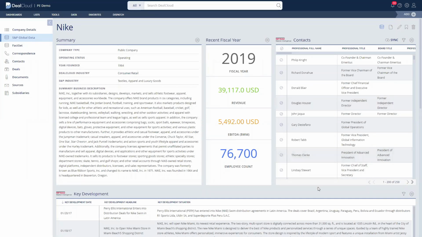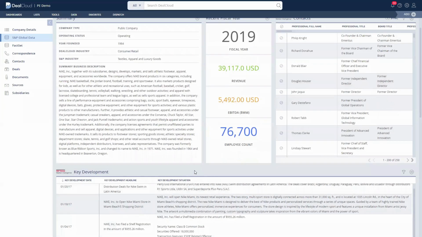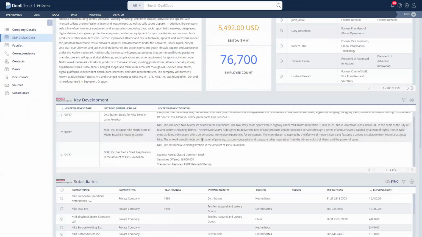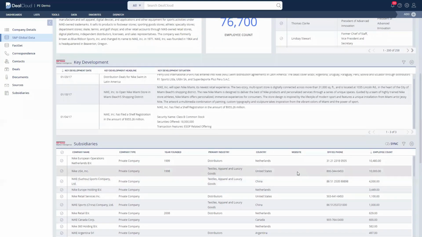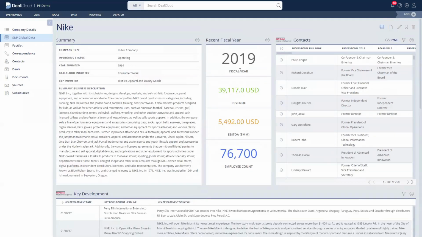What it's allowing us to do is not just pull in the firmographic details about this company, but it's also surfacing the entries that are related to this company. So in this case, we have the contacts that are at Nike, key developments, so think about these as headlines or news items, and subsidiaries, all the underlying companies that Nike owns. And without having to navigate to a separate page or search and link these things separately, just by virtue of establishing that connection at the company level, I'm able to see and pull in